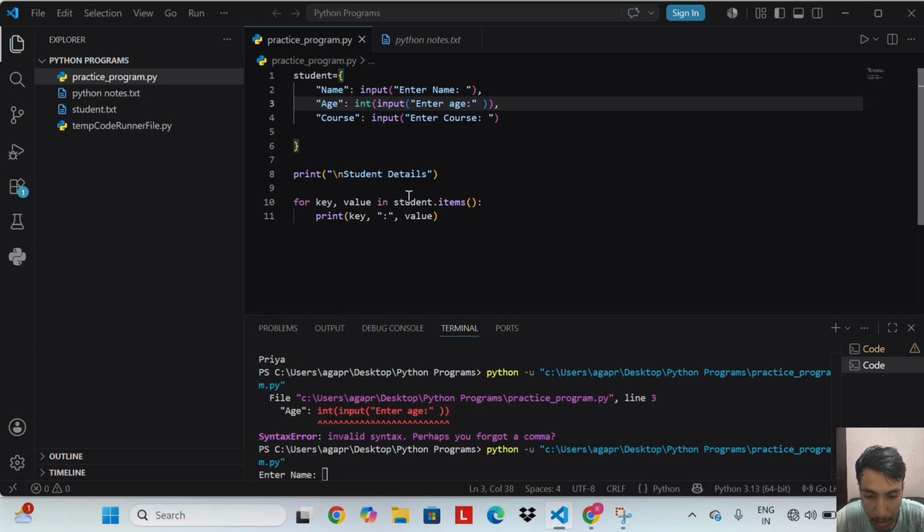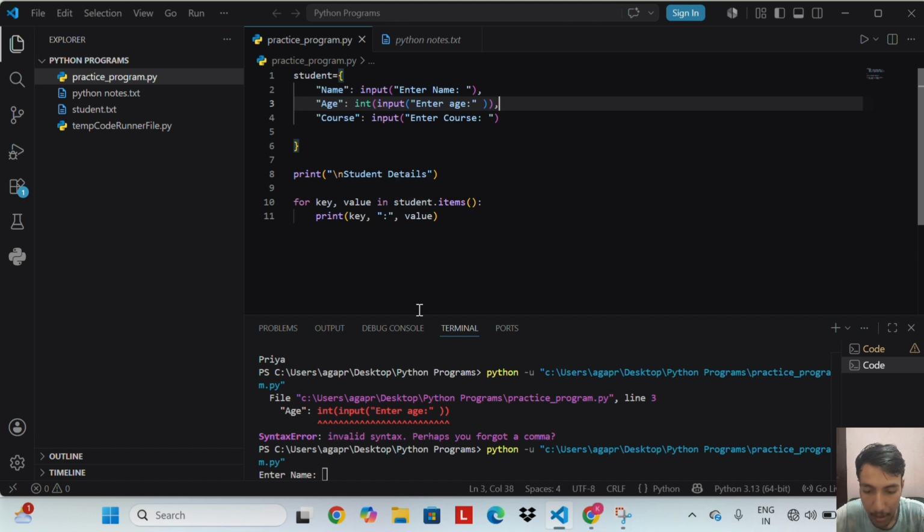Name gets a string, age gets an integer using int, course gets a string. Then we print a heading and loop through dot items to display every key value pair.